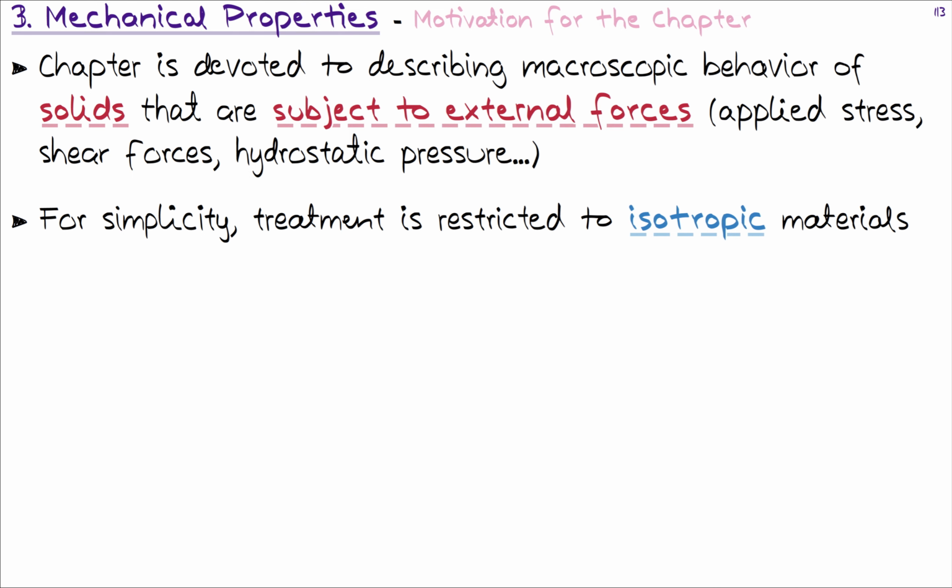For simplicity, and this is a very good assumption to make, we will only restrict our treatment to isotropic materials. This is an okay assumption to make when we are dealing with metals. It's pretty bad when we are dealing with graphite. Well, it's actually very bad when we are dealing with materials such as graphite, because